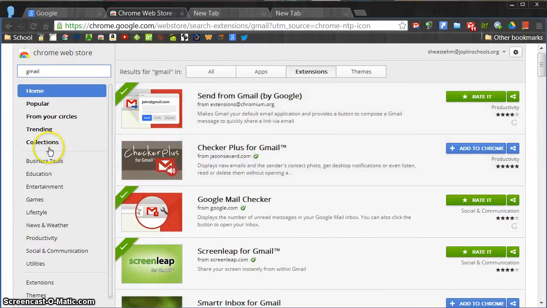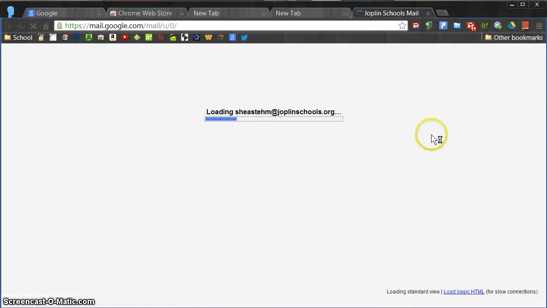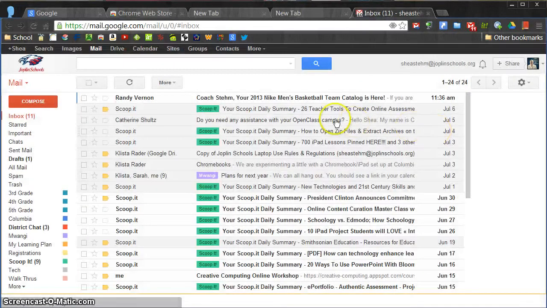Now, extensions are just cool tools that make the web browser easier and faster to find things that you need to use, such as my extensions up here. This one is called a Google Mail Checker. This has an icon that shows how many emails I have in my inbox, and if I want to go to my inbox, all I have to do is click it, and it's going to take me directly to my inbox and show my